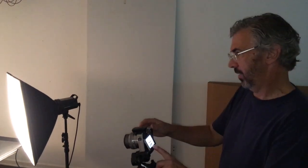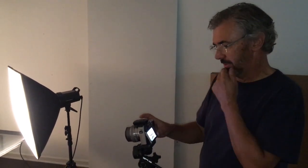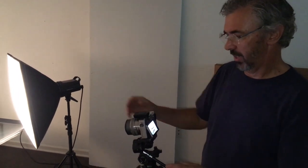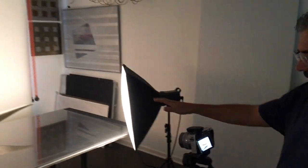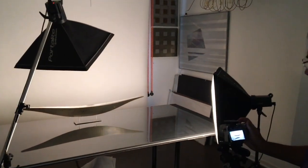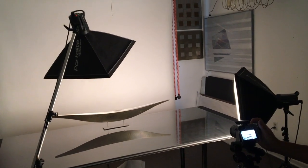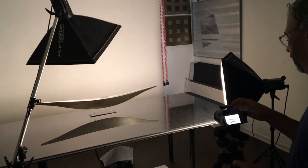So I'm ready to shoot. I have a unit controller on the top of the camera that actually will trigger the two flash units. The third one on the ground is actually triggered by the flash of the first two. So what I've got set up here is, and you can see this in the camera lens, is that I have light going on the boat from one side, dark on the other side, light in the back, and I'm just going to take a couple of shots, which is the beauty of digital photography. We can experiment and really get